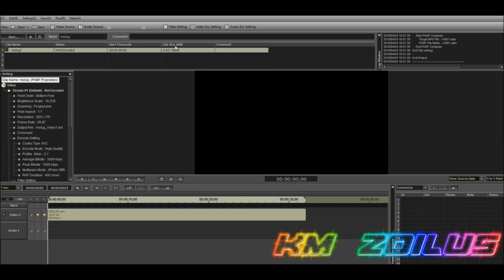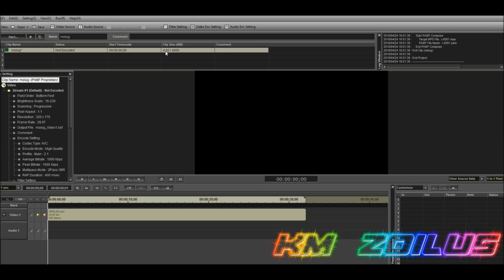Now come up here and you see where it says clip size. If you look at the number to the left of the /, that's going to tell you the final size of the PAM file. Here it's 4 megabytes, which of course is higher than the 2.4 that we need it to be, or less. So we are going to have to cut back on the bitrate a little bit more. And by the way, this is kind of an estimate, and it usually works in your favor. It's usually slightly higher, meaning that the final output PAM file might actually be like 3.7 megabytes instead of 4,